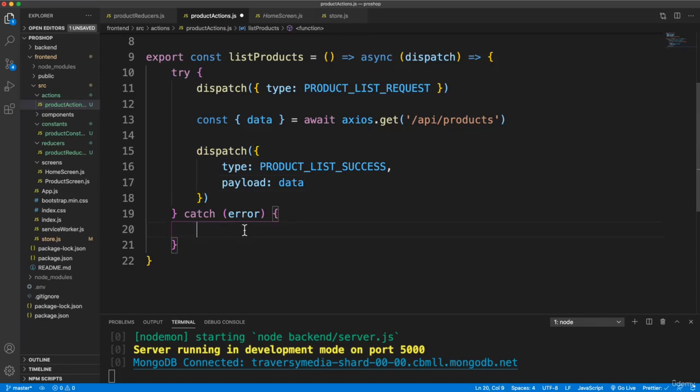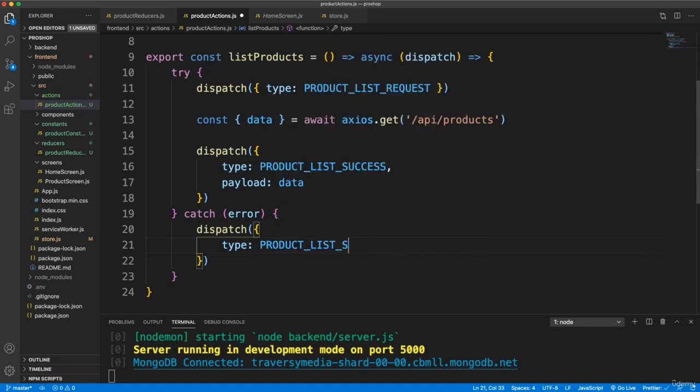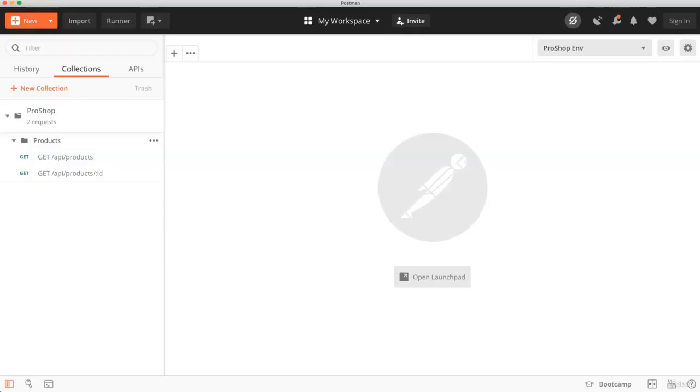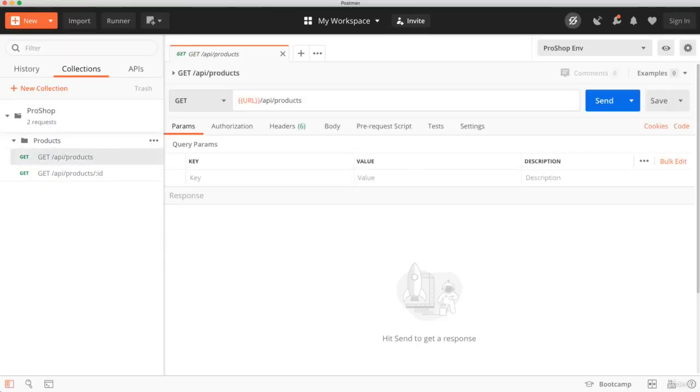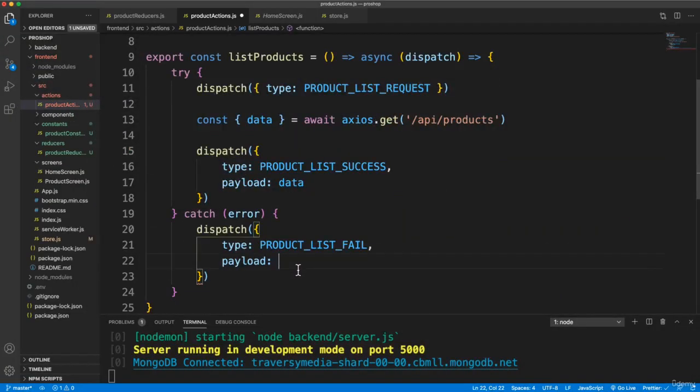Now if something goes wrong, then we want to dispatch an object with the type of product list fail, and then the payload is going to be the error. Now here we want to try to get whatever the error message is. Like if we get right here this message, we want that to get put into the payload. All right, that way we can get our back-end errors and have them in our front-end state. So the way we do that is this, when we have this catch, this error right here, we're going to check for